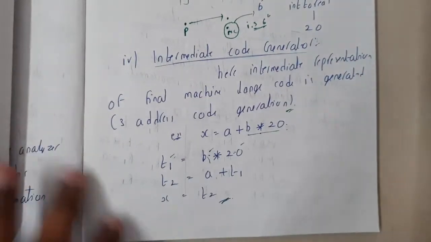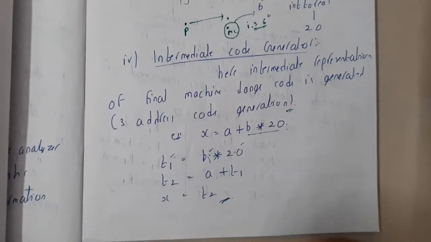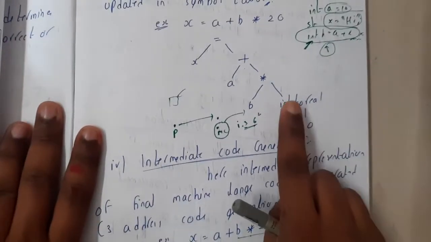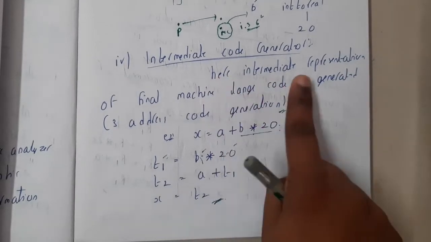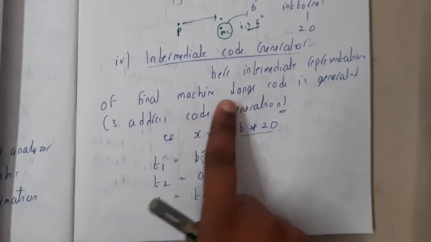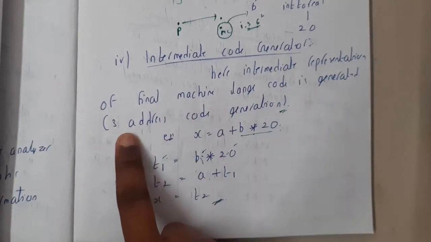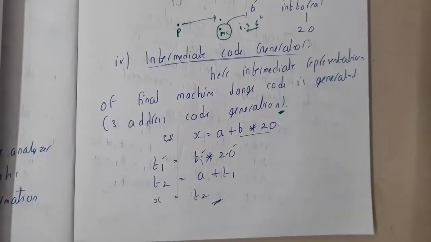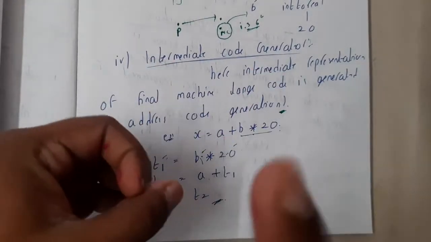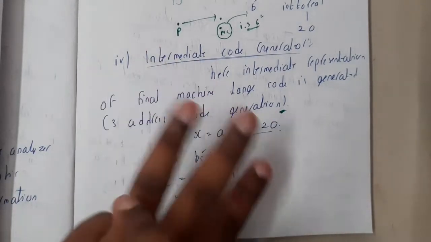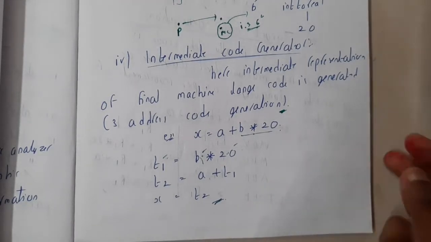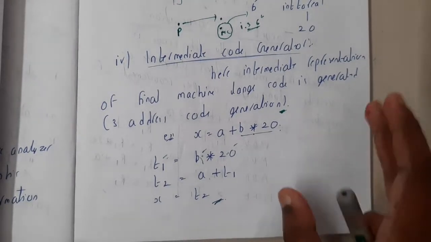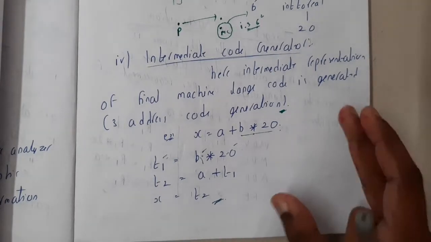When it comes to the intermediate code generator, here we are going to generate code for our particular input, guys. So here the intermediate code is generated before the final machine language code. To be clear, we are going to use a 3 address code, guys. There is a 2 address code, 1 address code, 0 address code also, but we are going to use a 3 address code. If you want to learn about 2 address code and 1 address code, I think it's already covered in computer organization. I don't know whether I am going to cover it in future or not, but if you want it right now, you can check the computer organization lectures. You can find the video for it.